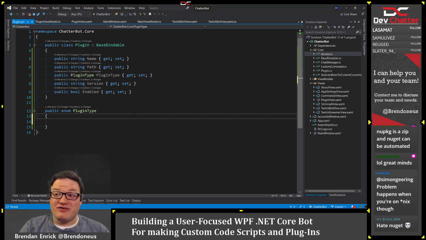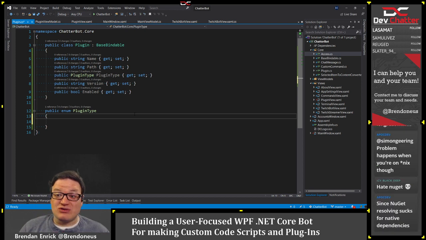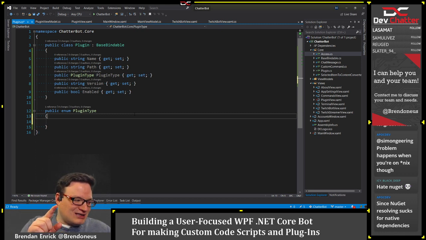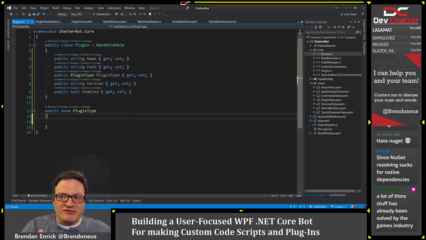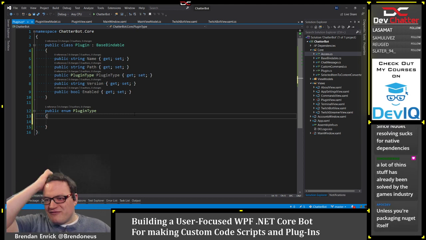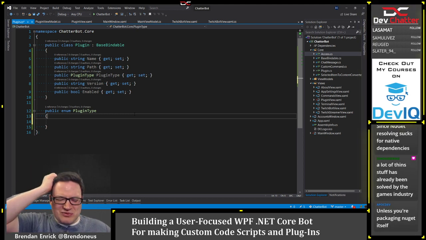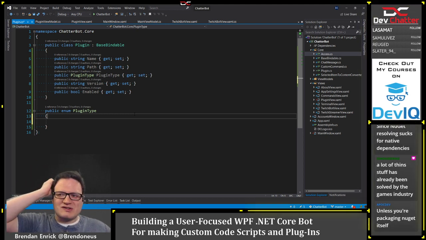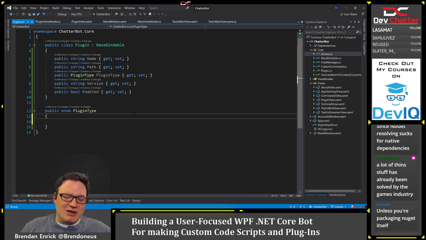NuGet has had a few different websites that have been the structure and backend for NuGet. The first version of the NuGet website was just cobbled together. The second version of the NuGet site, funny enough, was an old Orchard website that was built by some of my coworkers when I was working at a place. I helped them a little bit on it, but I mostly was not one of the devs working on it. But it was funny because